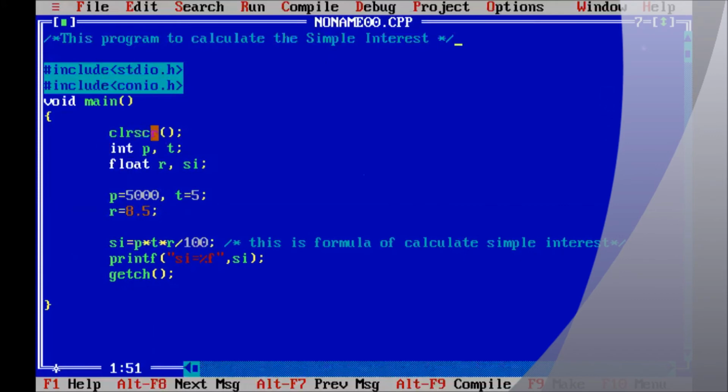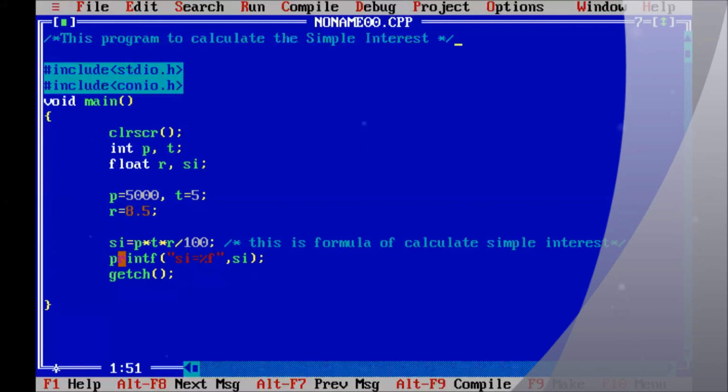Here we clear the output screen. Here we declare two integer type variables, p for principal and t for time. We take two float type variables, r for rate of interest and si for simple interest. Here we assign the value 5000 to principal, we assign the time 5 years to variable t, and we assign the rate of interest 8.5 to the r variable.